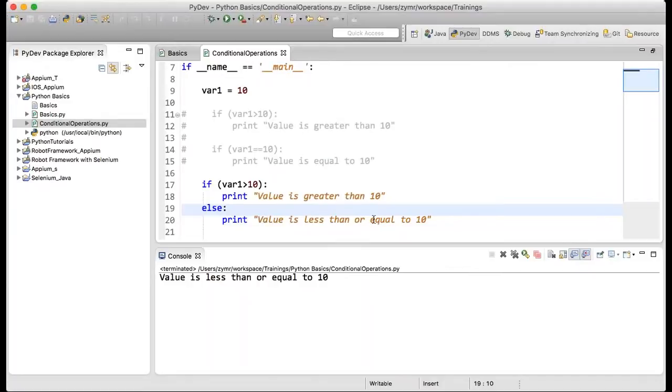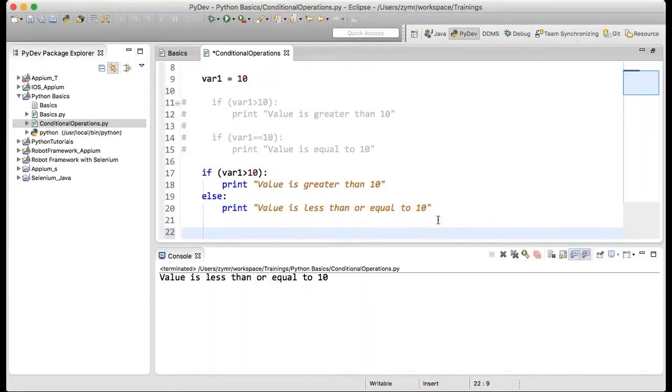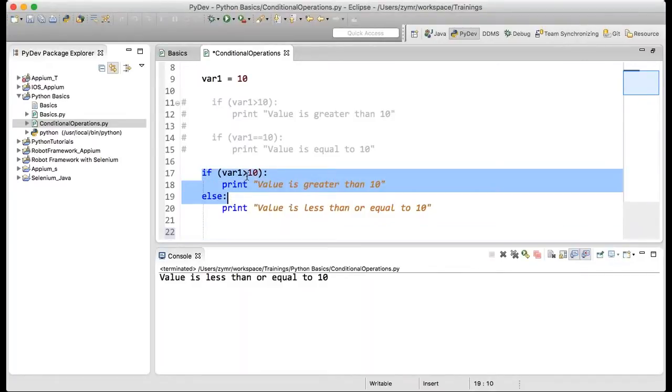Now another way we can do the nested if else loop is, suppose I want to be specific about evaluating the expression saying if var is greater than 10, and also we want to check another thing, that if it is less than 10, then print value is less than 10, else print it is equal to 10.